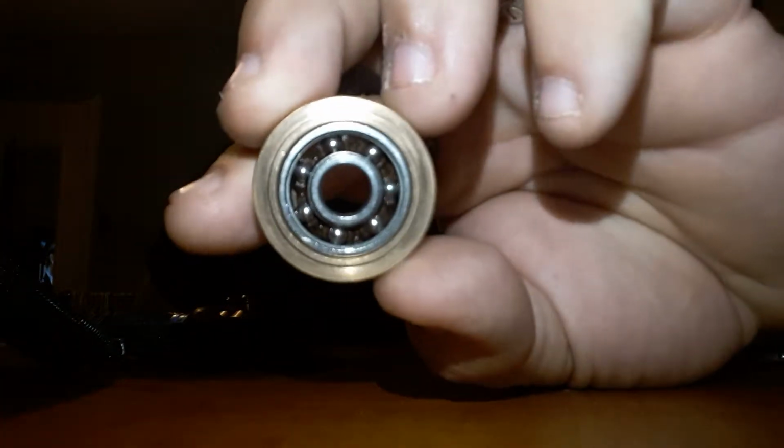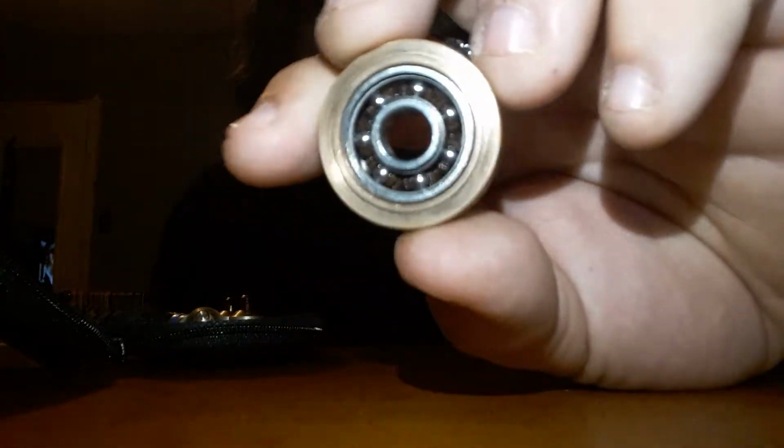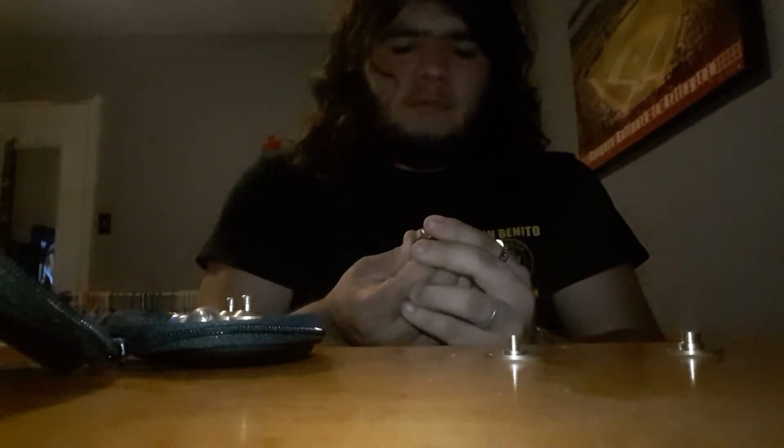See how I'm used to it being there? To reveal these, and if anything, I can put some WD-40, put some oil in this, and actually clean it if I had to. And at the back, you can actually take this off. So let me. It took me forever to finally get it loose enough to